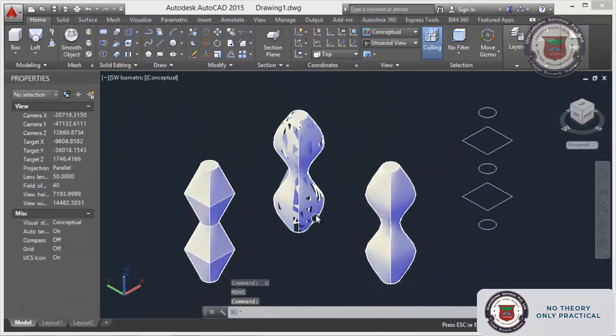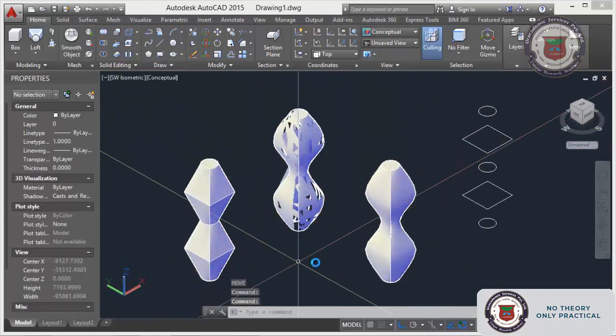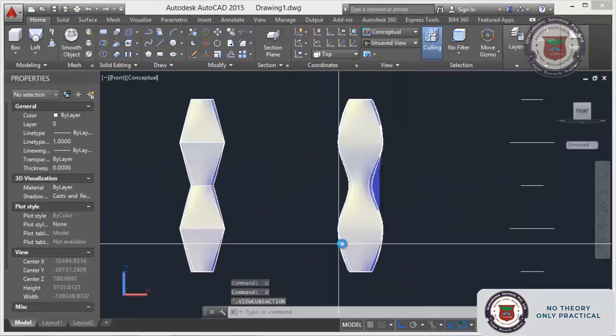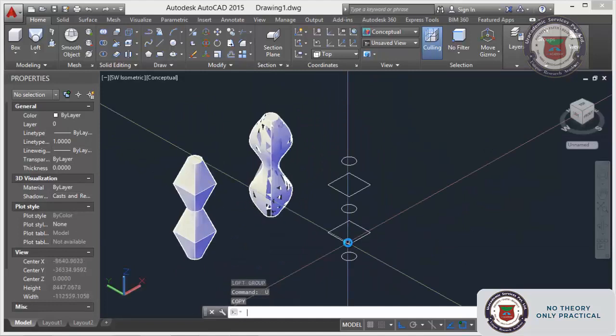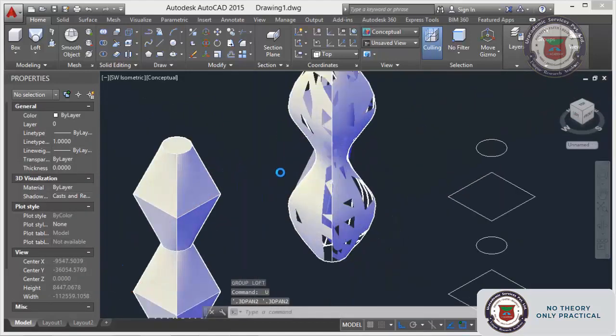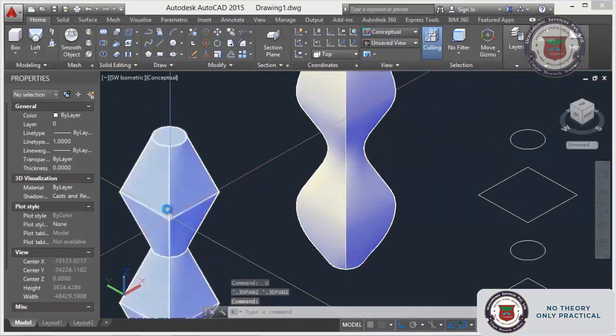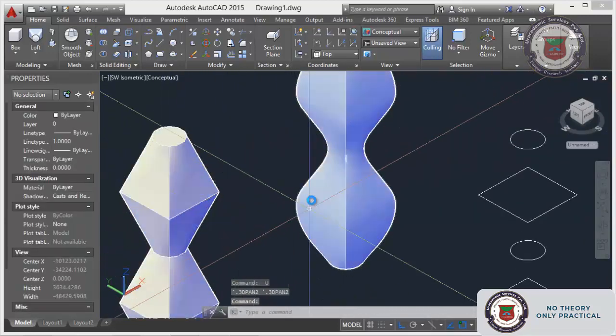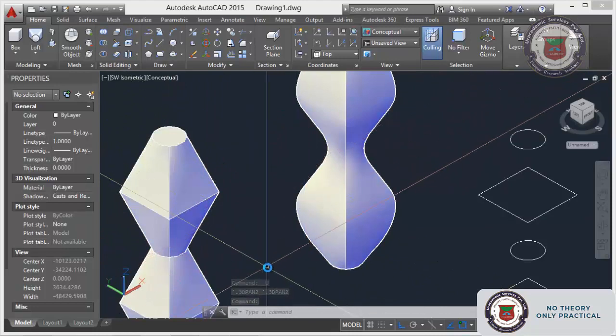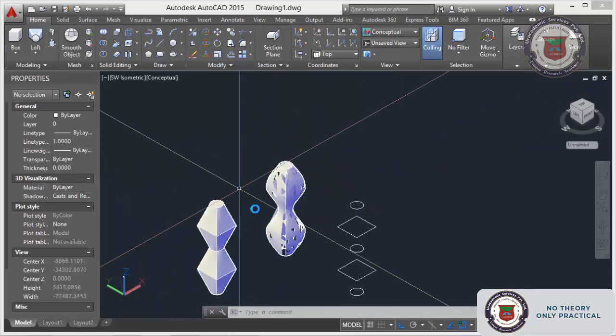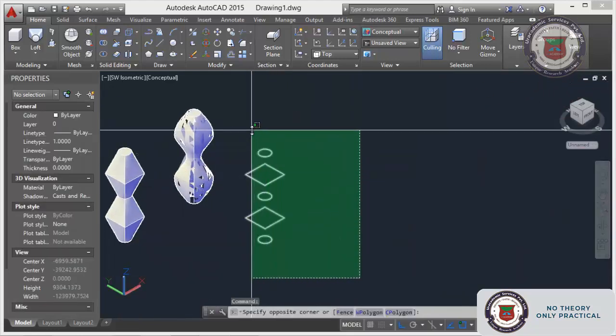These are the options in the settings we are having. Normally we will use two options. One is ruled, another one is smooth. Now we have gone through the cross sections and settings. There are two other options available, that is path and guide. That too we will do on different shapes.